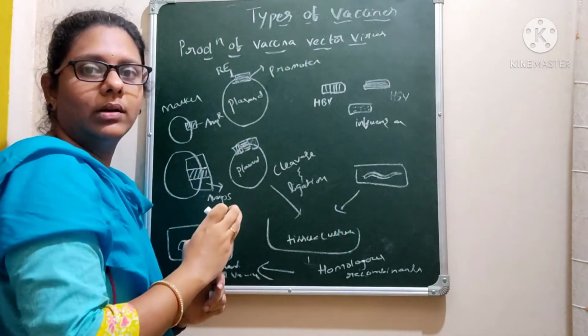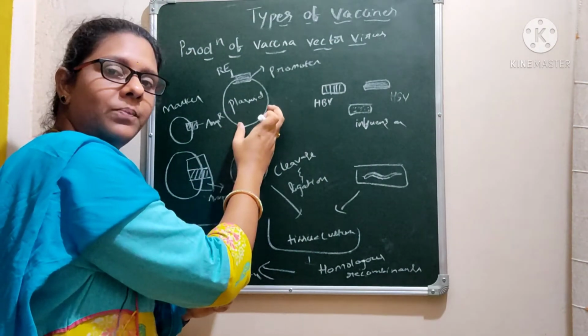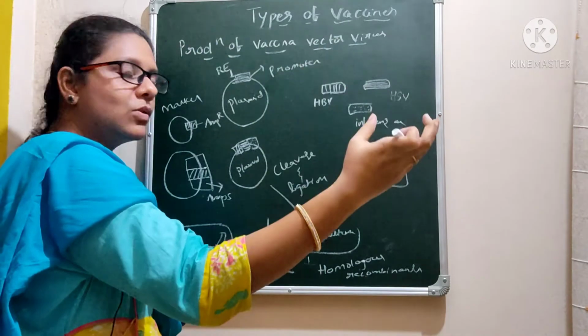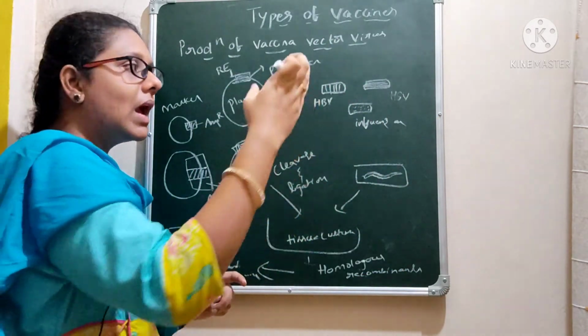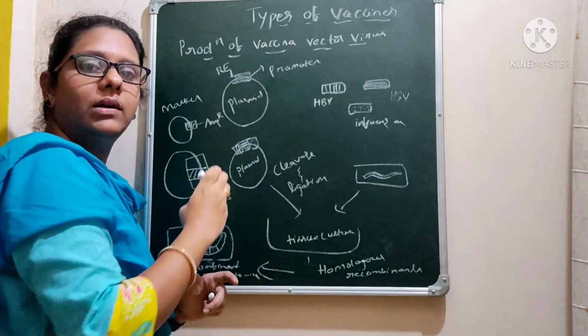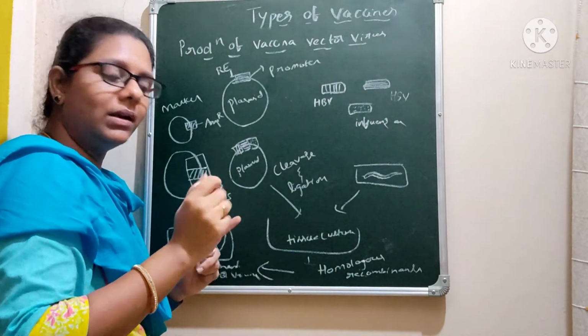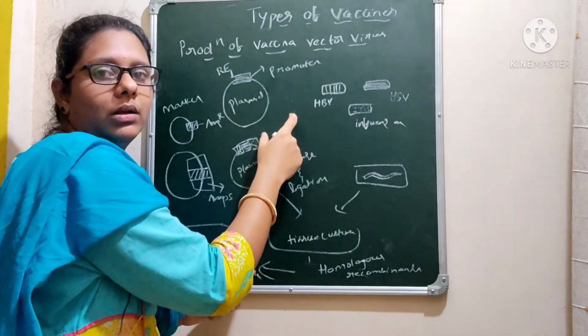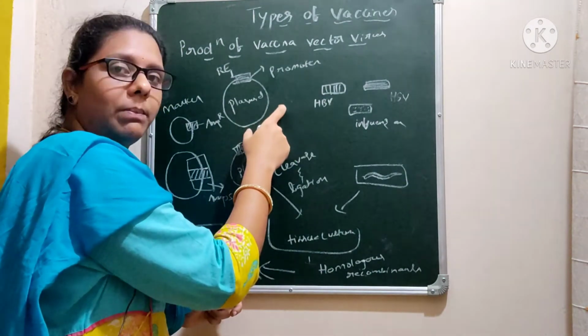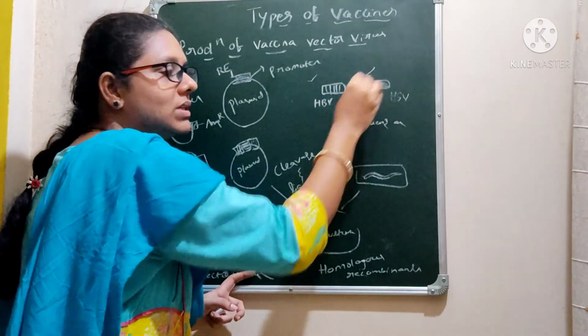recombinant DNA molecule. See, this plasmid is one gene, and from the other source, that is from the virus or the bacteria, we are going to isolate the gene, and those foreign genes are again incorporated into a plasmid. So here we are combining two sets of genes. So we are making a recombinant DNA molecule, and along with the plasmid you have to select the genes that